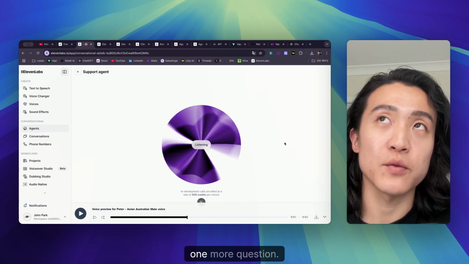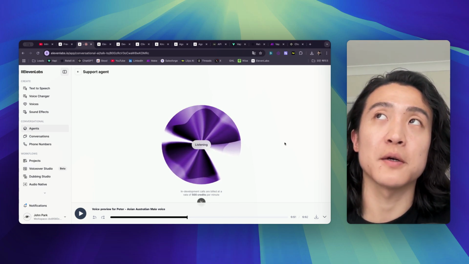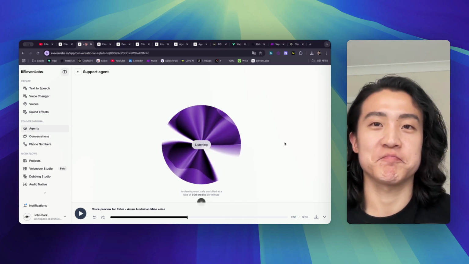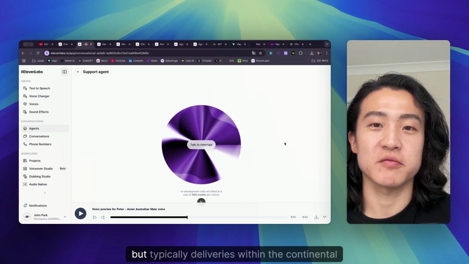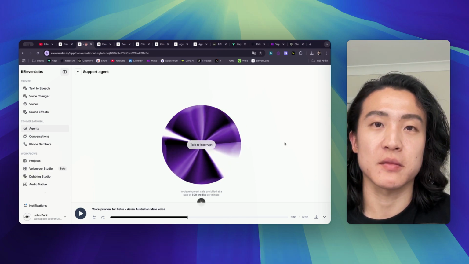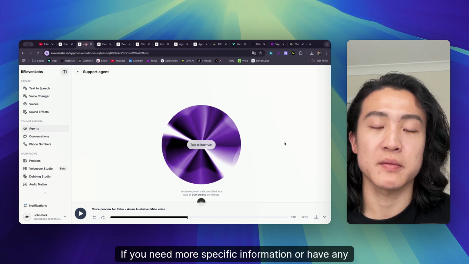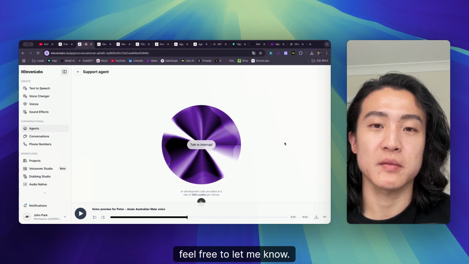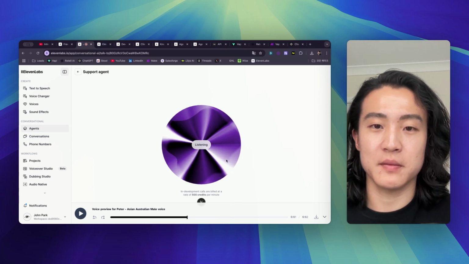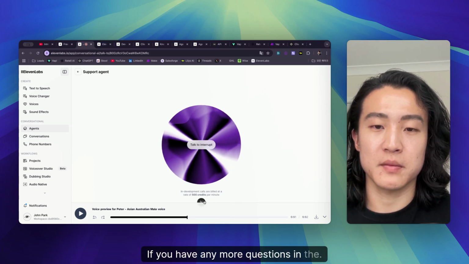Okay, and one more question. How long does it take to ship to California? Shipping times can vary, but typically deliveries within the continental United States, including California, take about 5 to 7 business days. If you need more specific information or have any other questions, feel free to let me know. Okay, that was it. Thank you. You're welcome. If you have any more questions in the